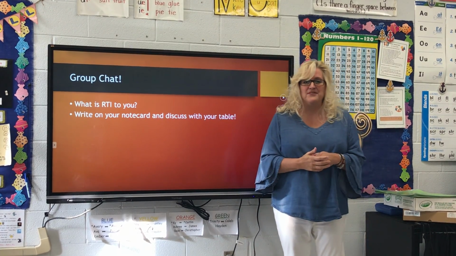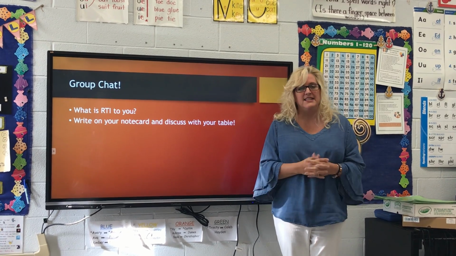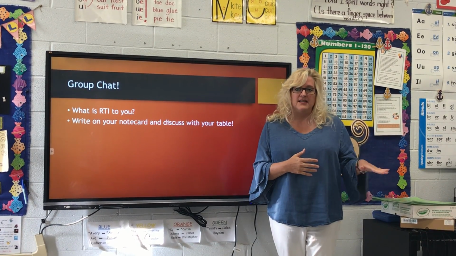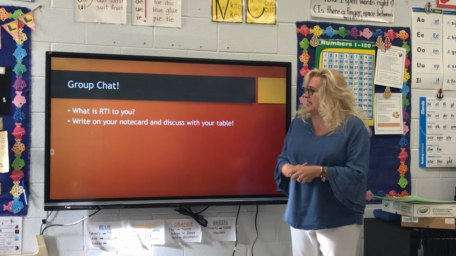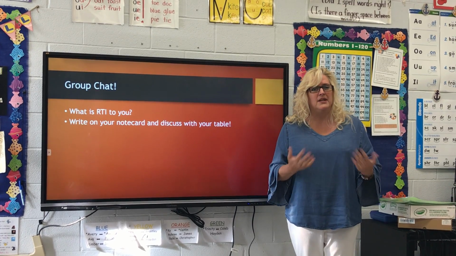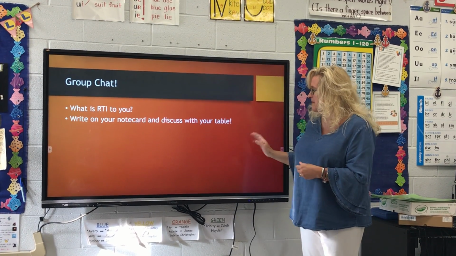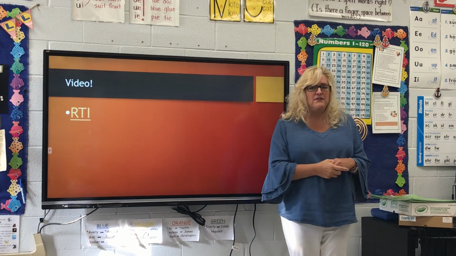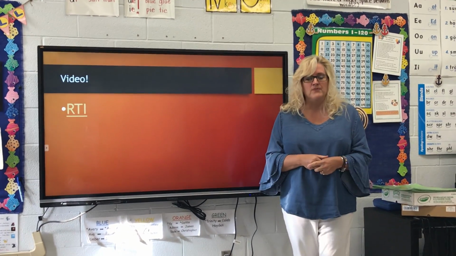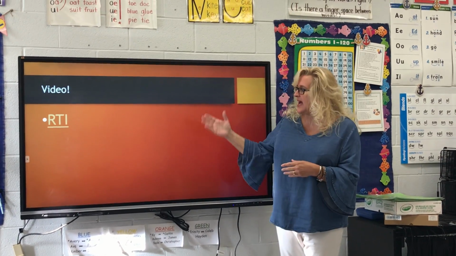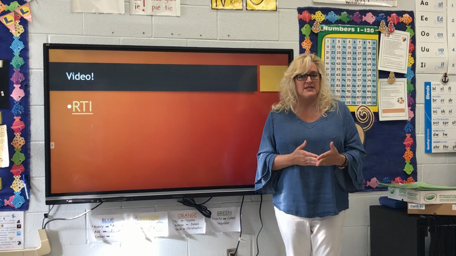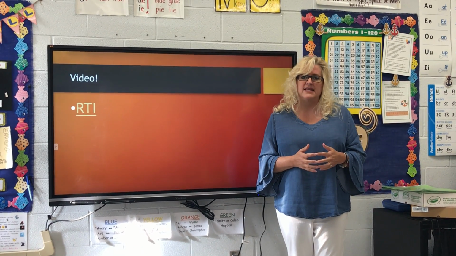Okay, after we have about 7 minutes of the activity, we're going to move into the RTI. I wanted to start it up with the index cards that are on their tables. They'll take a card and write, what is RTI to you? I'd like for you to answer that and what it means to you in your classroom. They'll take a few minutes and discuss their answers and what they've written on their cards with their team members at their table. And then I'd like to show this video. I have an RTI video that's embedded here from YouTube. It's 4 minutes, 22 seconds, and it's pretty explicit on what RTI means.